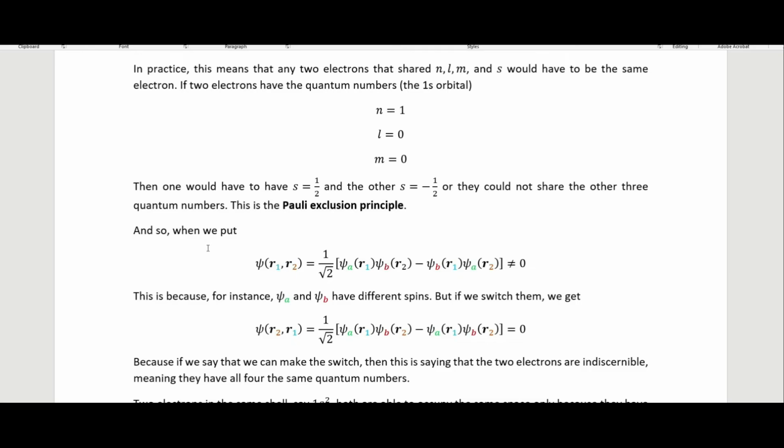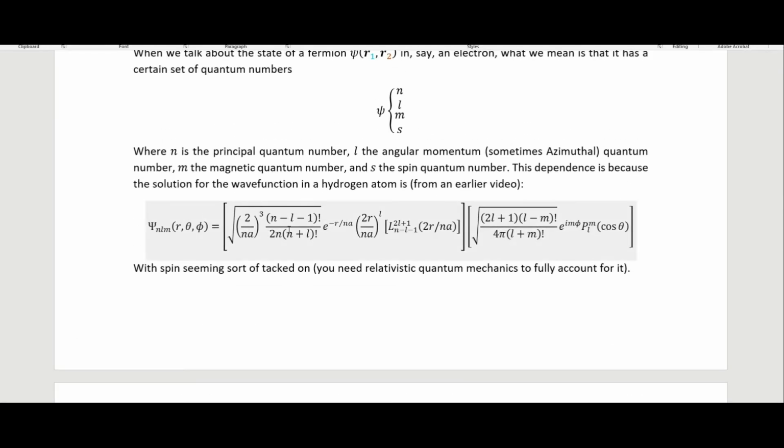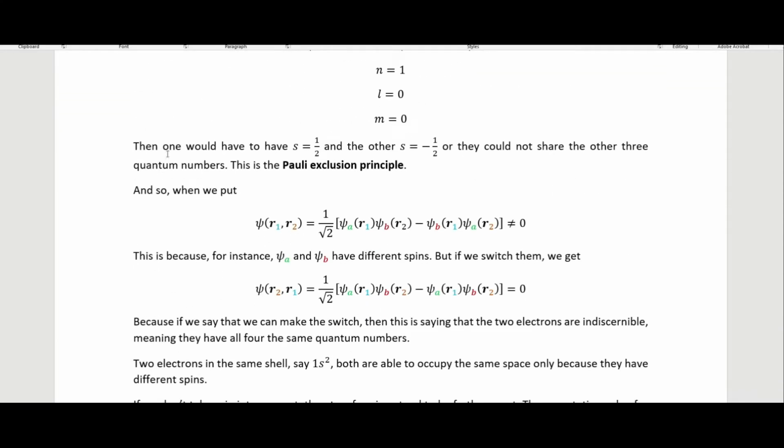And so we will actually see in this video and the next video, when we talk about this symmetry and antisymmetry, we're talking about the spatial and the spin quantum states. So the spatial is this one up here. That's what this whole thing is up here. That's the spatial, and then there's the spin. And if the spatial is symmetric, then the spin has to be antisymmetric, and if the spatial is antisymmetric, then the spin has to be symmetric. So I'll get into that a little bit more in the next video, but for now we can just think of